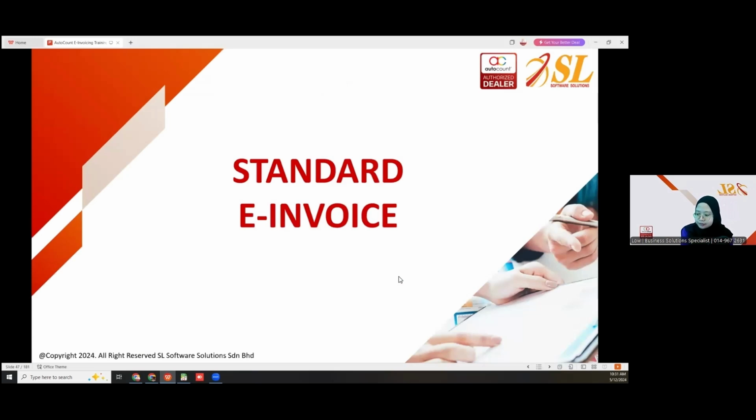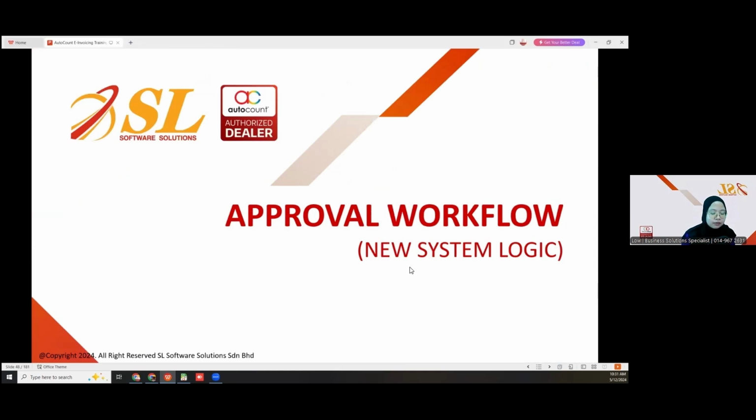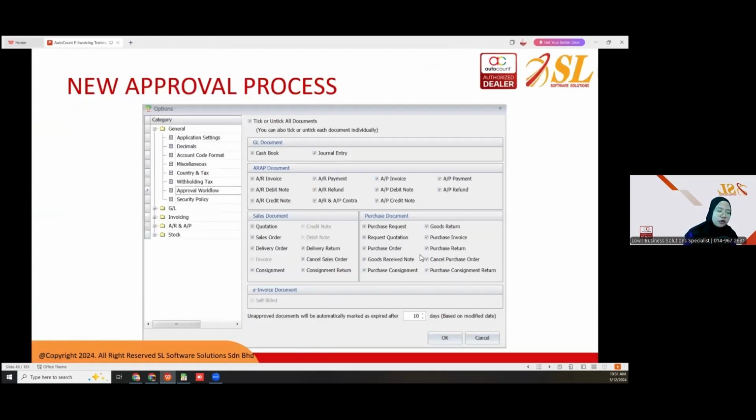Okay, now let us proceed to submit standard e-invoice. So basically in AutoCount, we have a new feature which is the approval workflow. It is a new system logic. For this new approval process, by default, it's only enabled for invoice, credit note, debit note, and